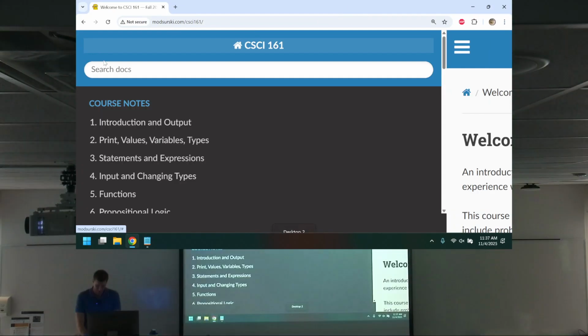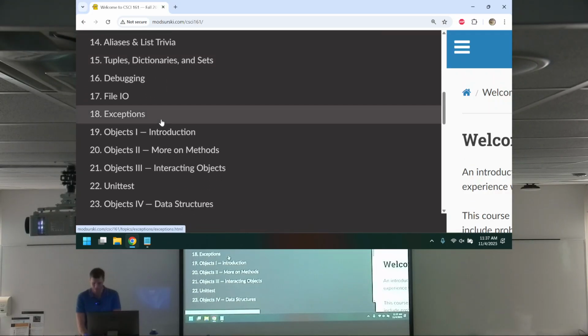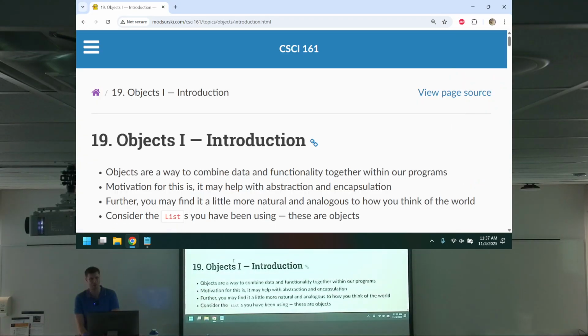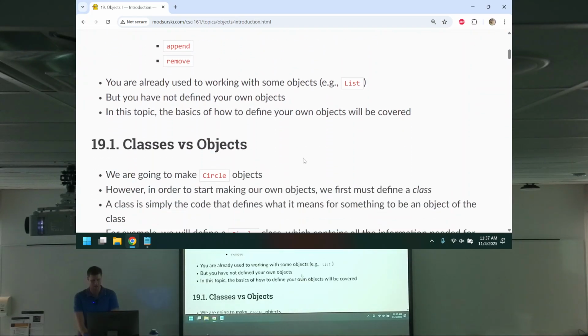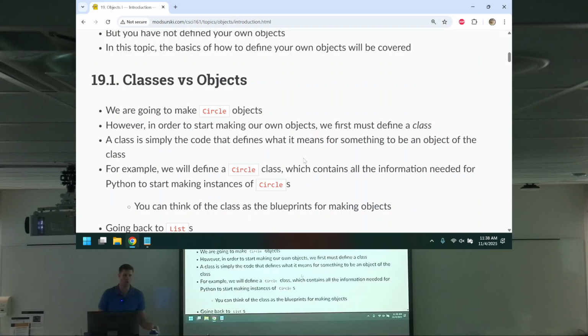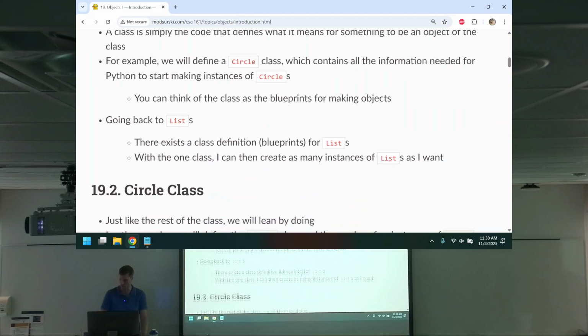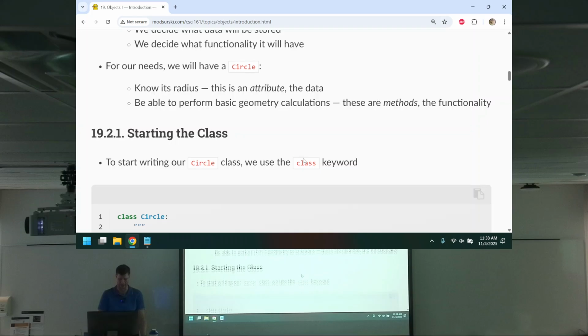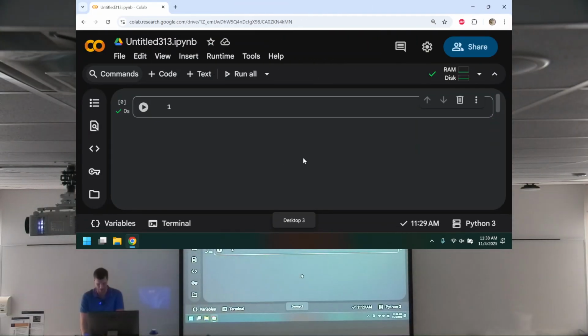Wonderful. Okay, so last time we started talking about objects, and I'm going to do a quick review. Before, we had played with objects like strings and lists. Those are objects. But now we are defining our own classes, which are like the blueprint for how to make a custom object. So we get to define what it means to be whatever we want. And the example we used was making a circle class. And we start that with class